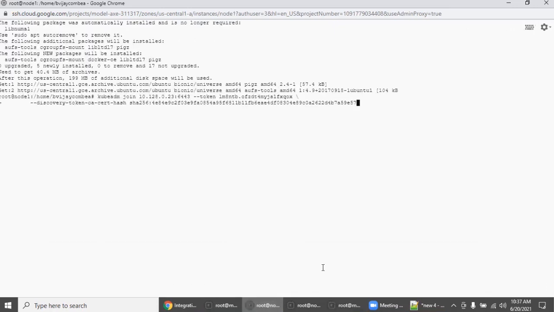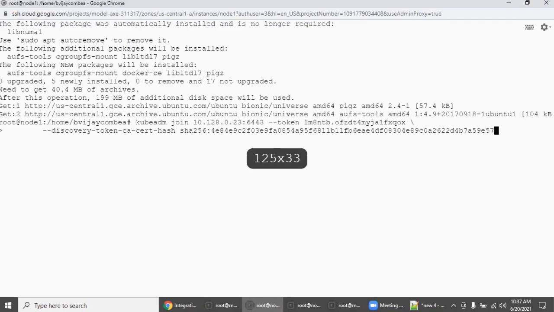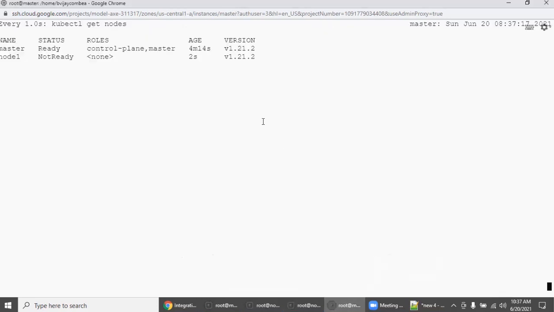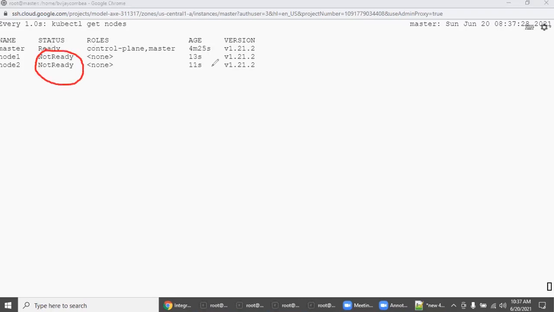Then go to your worker nodes, right? We have pasted the command, but we haven't entered. So just quickly enter on node 1 and quickly on node 2. Immediately come back to the master where you were running the watch command. Wait for some time. See here, now it joined, but the status is not ready, right? So wait for some time.